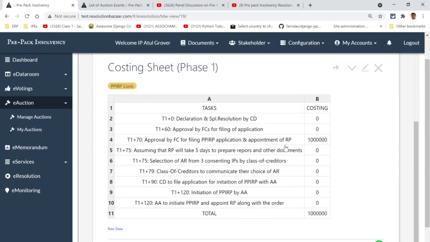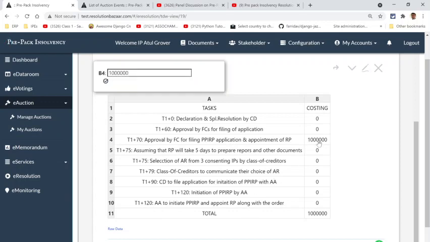So now what may happen is that the adjudicating authority may not appoint the IP, may not allow the application to go further, may not accept the pre-pack to start, in which case you don't have to put in 10 lakhs here, because we are really looking at only these 3 months' fees or 4 months' fees.